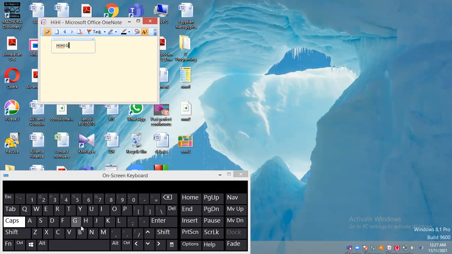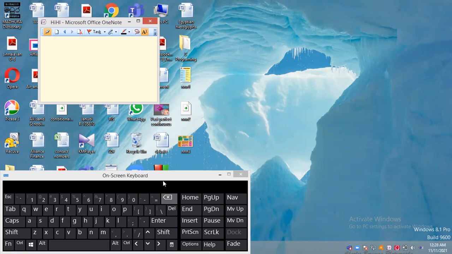Now it's still capitalizing because it's caps lock. We didn't press it again, but when we press it again, now it's simple. Now I think you did understand what the screen keyboard is and how to use it.